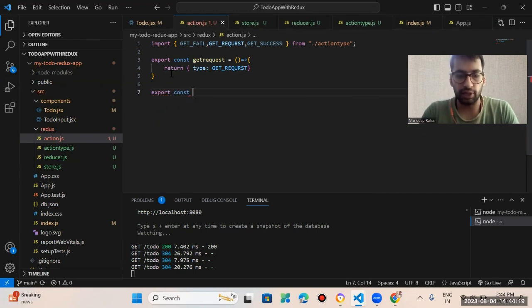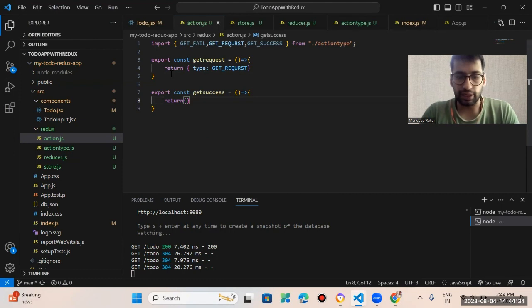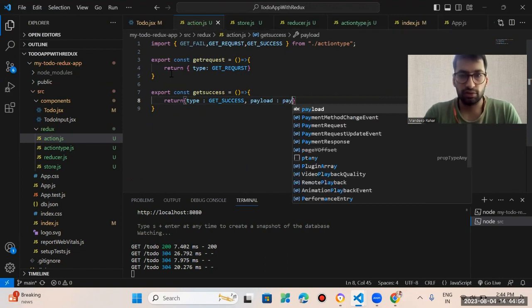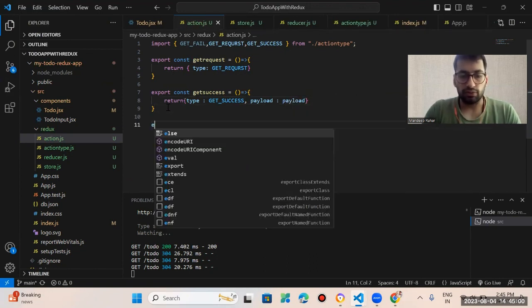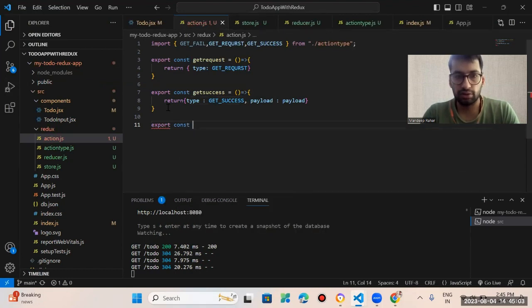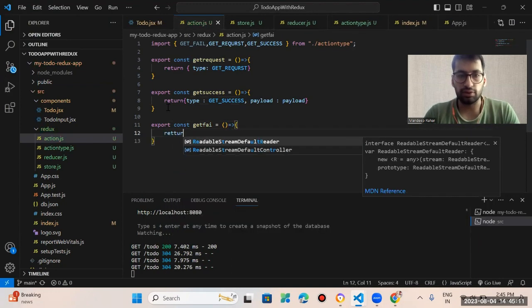Now I'm going to create my getSuccess. In this getSuccess, I'm going to return the type GET_SUCCESS. But one thing is that I am also giving some payload here. I will tell you why I am giving a payload here. And now I am going to export my failure condition, getFail, and I'm going to return